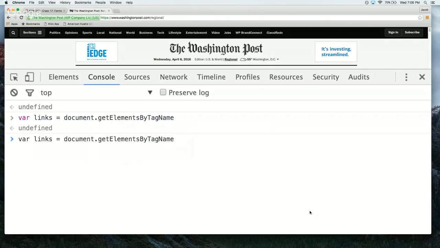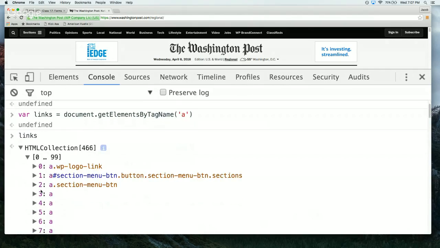And this is a function that looks for things on the page that have some tag name. In this case, I'm going to use A for the anchor tag, then as an array. Okay, so check this out. I'm going to put in A. Right? And now if I look at my links, okay, well, it's a big long array,